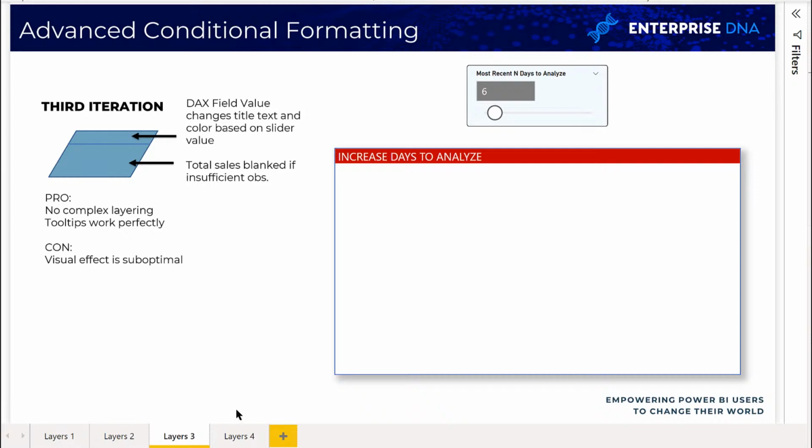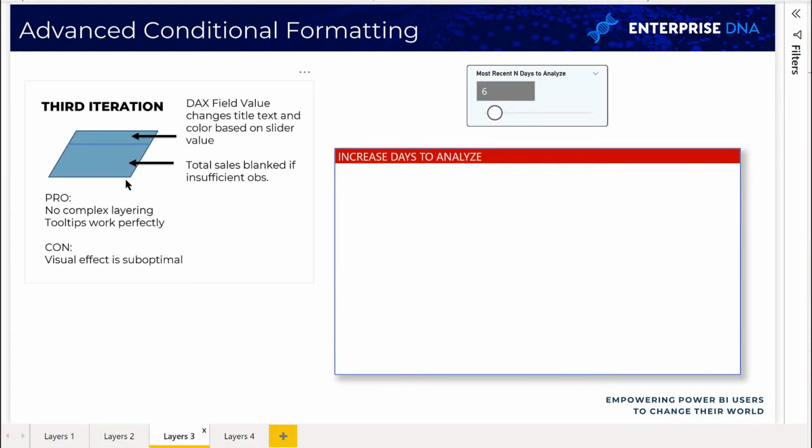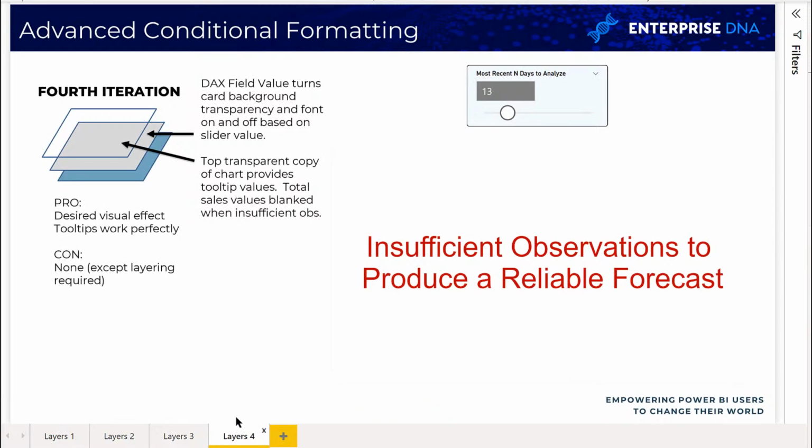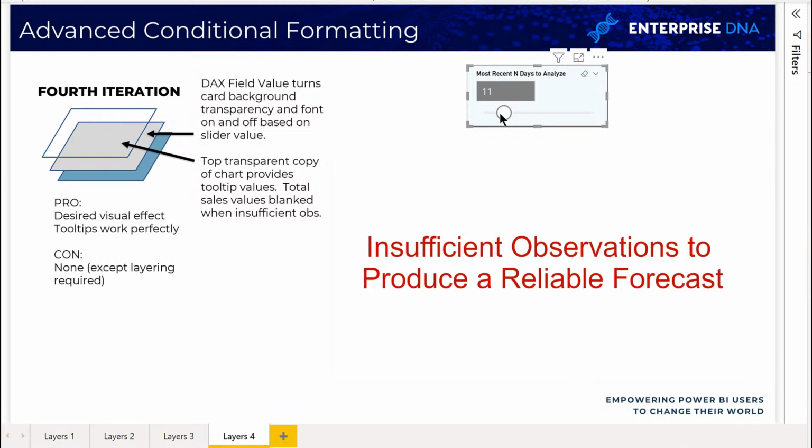And what we found was that if you combined the second iteration layering with the conditional sales measure, that actually works perfectly. And what you get is the visual effect that you want,